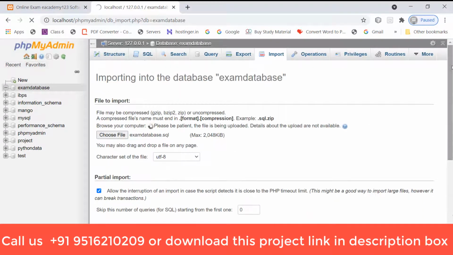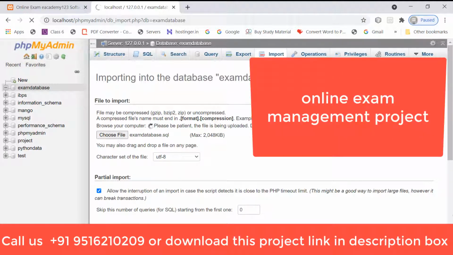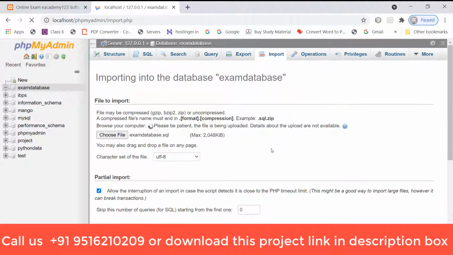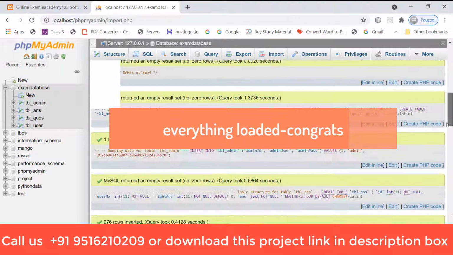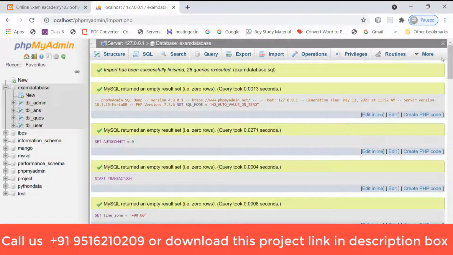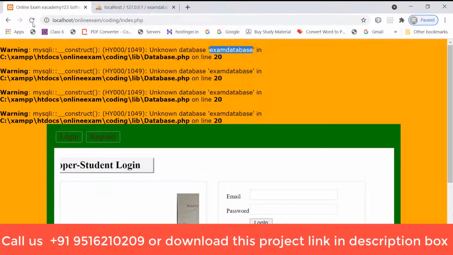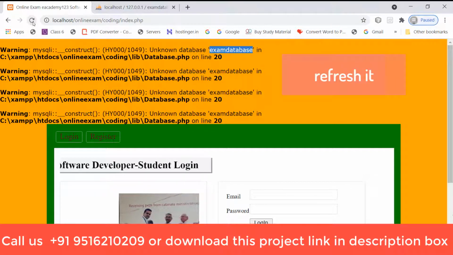All the database tables and everything will be created here. Just wait. Yes, everything has been created, friends, so you don't need to create anything else. Leave it as it is, come here and refresh it.